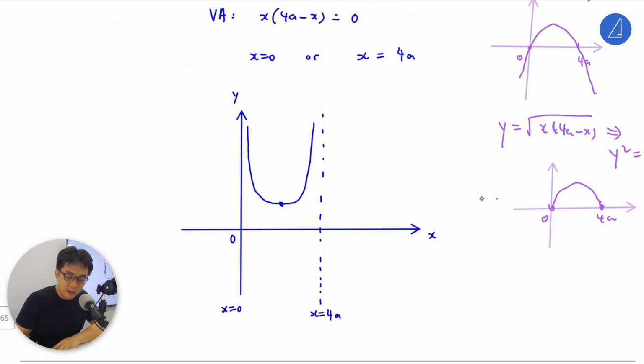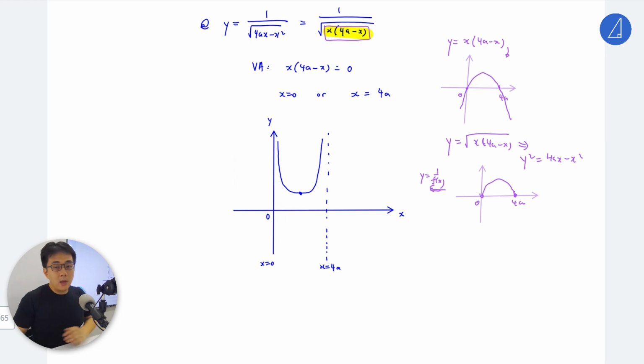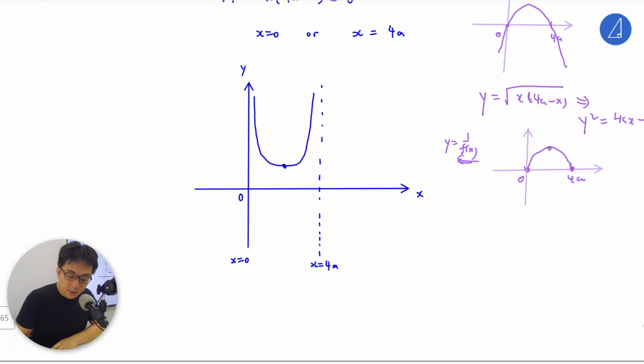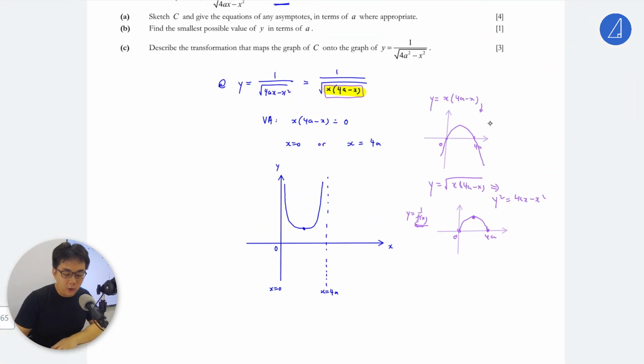This is actually performing, if you want to get the final graph, this is 1 over f(x) like that. This guy is a circle. So obviously for the circle, this is the maximum point, and it will become the minimum point here. Understand? If you follow my train of thought here, on this circle,